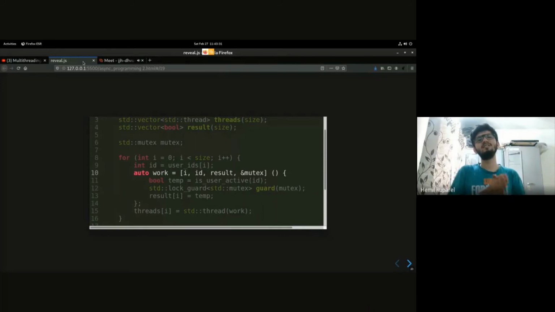What these libraries usually do is they spawn as many threads as are available in the hardware. For example, this system is a 4-core system. So when we run a program compiled for this hardware, it will spawn 4 threads and then a bunch of IO threads. The IO operations will be performed on the IO threads so that the main threads are free for any mathematical number crunching or any CPU-heavy operation for that matter. Does that answer your question?